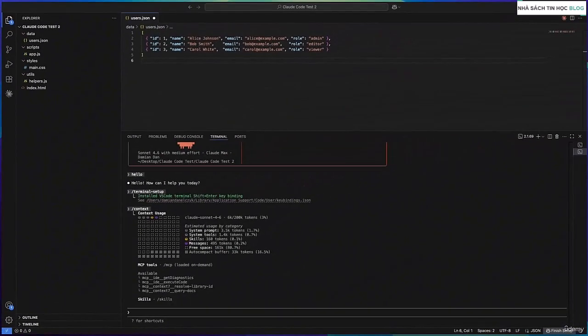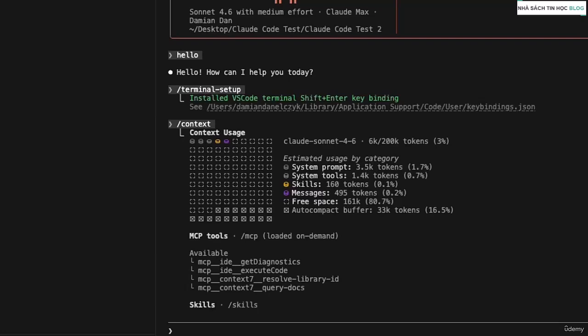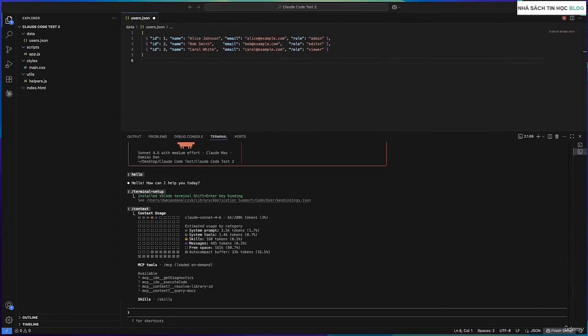We'll cover both of those properly later in the course. And the reason this command matters is that when you get close to that token limit, it will automatically get compacted, which basically means Claude Code summarizes everything up to that point. And to avoid losing important details, I would suggest keeping your prompts focused and working on smaller features at a time to keep the context window lean. And when things do get too full, it's better to just clear the conversation and start fresh.